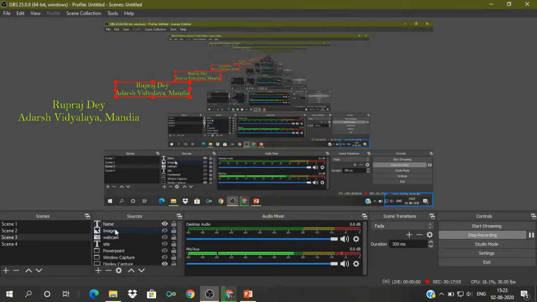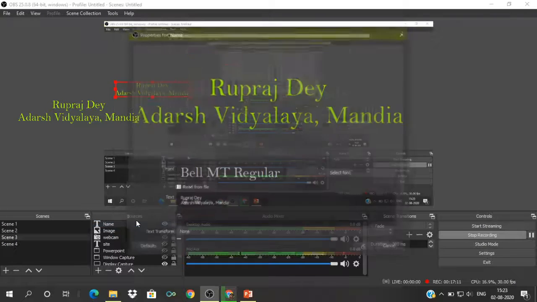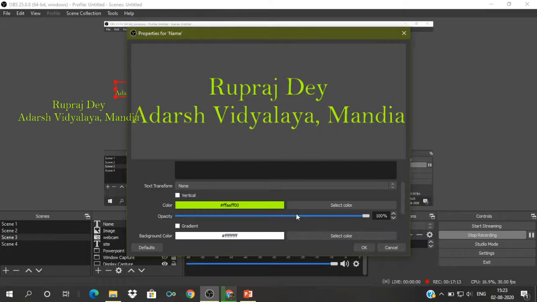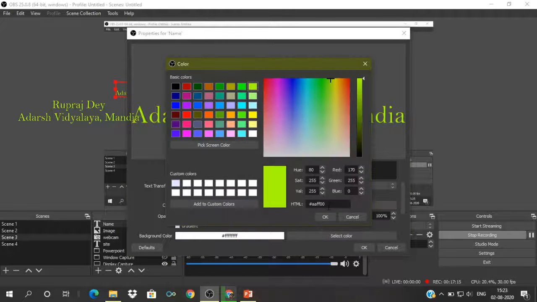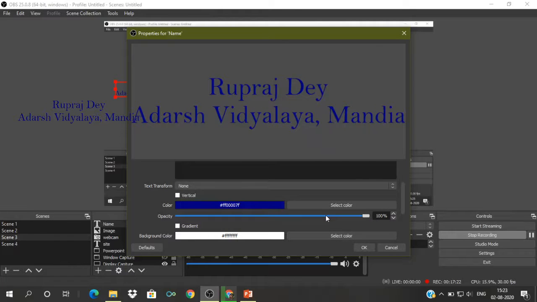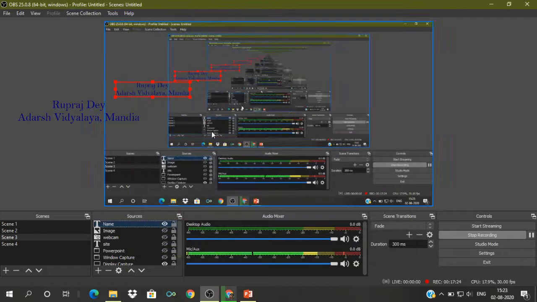What you have to do for changing the color is click on this name, right click, properties, and select the color. Suppose I am changing into this, let's see. Okay,